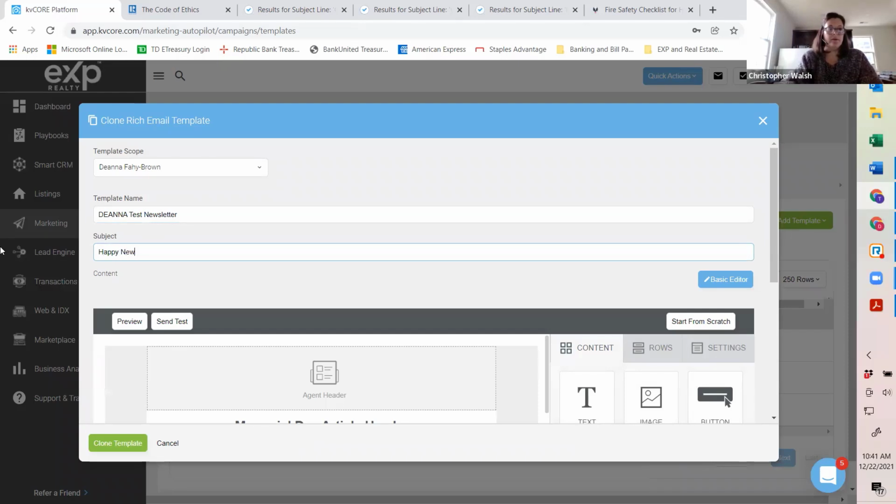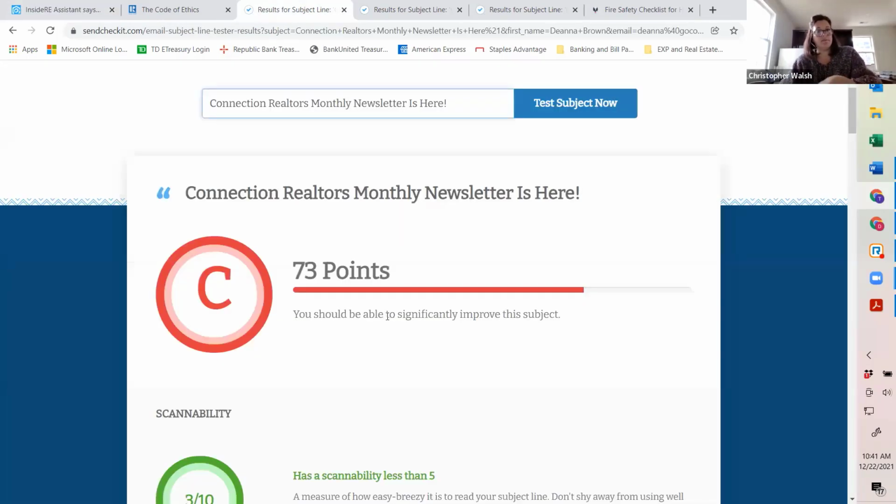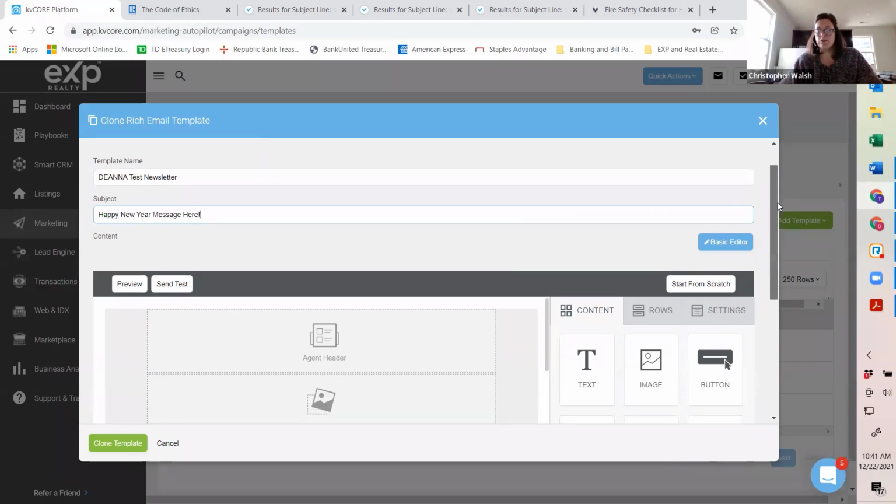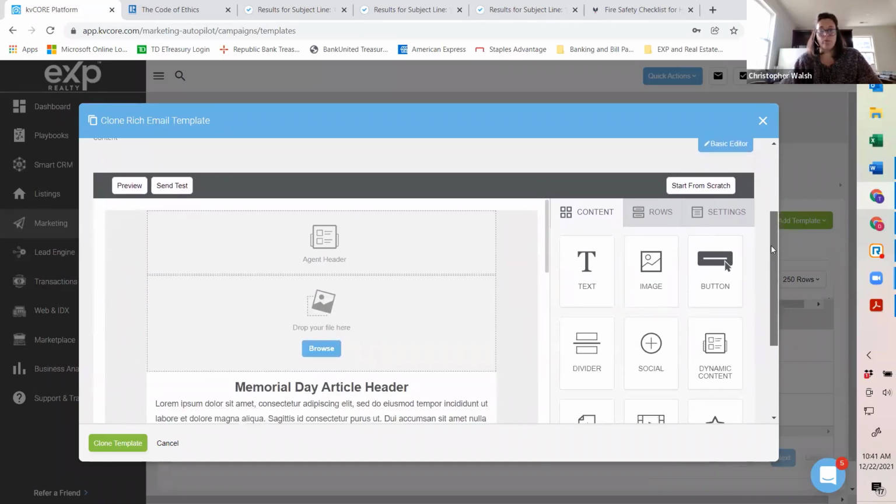And remember, whatever your message wants to be, go to send, check it, make sure that you don't get a C. And then that can be the message that you save for your subject line. Now, as you scroll down, which you can do over here on the right-hand side with this scroll bar, you